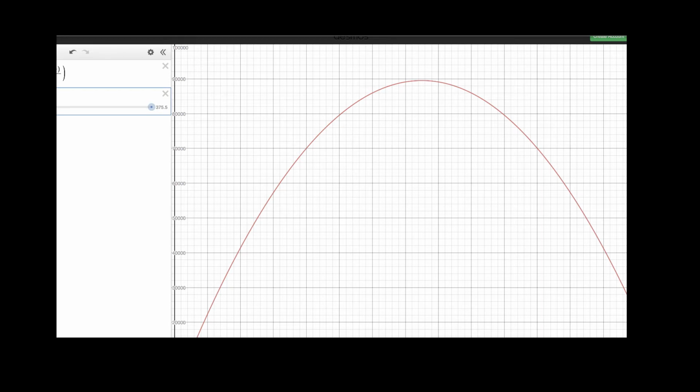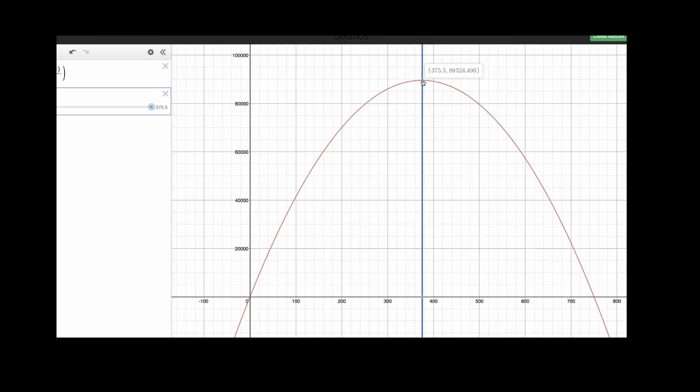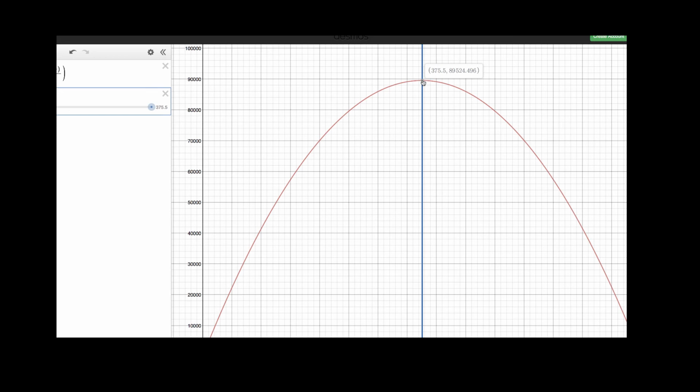So the question is, where is the maximum? Well, we could just think about it. If my x-intercepts are 0 and 750, and I know a parabola is symmetric, the maximum is going to be right in between. The x value of that maximum is going to be right in between 0 and 750, so that's going to be at 375. I'm going to see a maximum, and you can see right here that maximum is occurring at